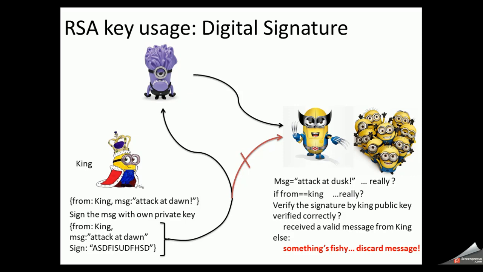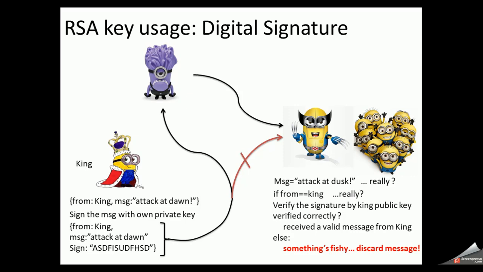and sent it to the same destination where the message was originally going. So now you can see that the message is not going directly from the king to the soldier. Instead, it's going from the king to the hacker, and the hacker delivers the message to the soldiers, saying "attack at dusk" instead of the original message "attack at dawn". That will be a false statement, because the king is saying to attack at dawn and the hacker is saying to attack at dusk. In that case they can lose the war and it will be a huge loss